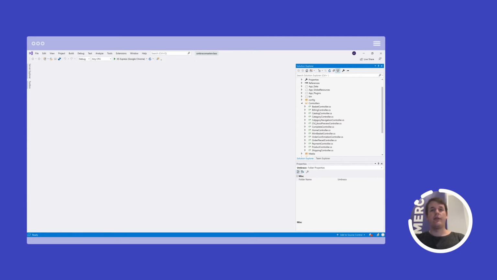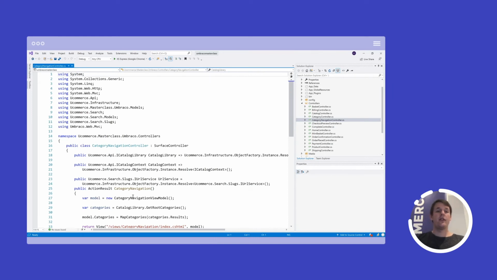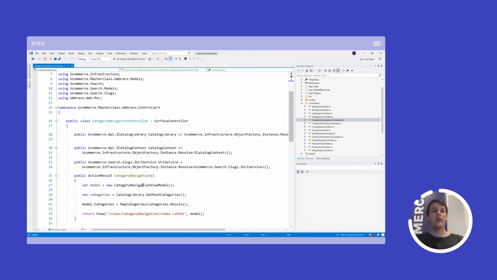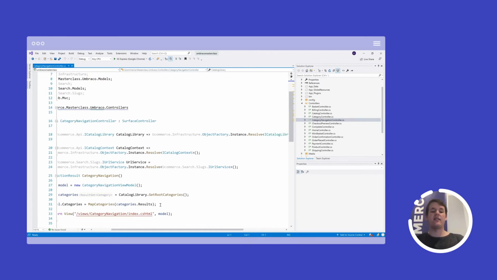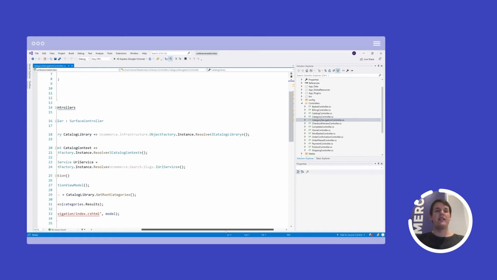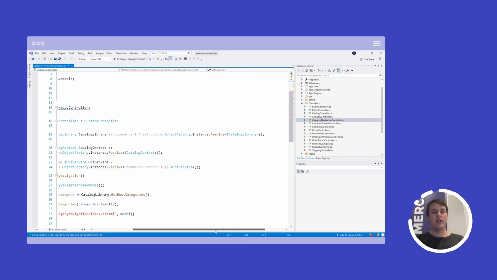Let's go, for example, to our category navigation controller. The category navigation controller is the first exercise we built up in this training course. And here we started to consume a bunch of interfaces in UCommerce from the IoC container. And basically what makes up a component is a service type that we are resolving. So that is the piece of business logic that we want to use. And that piece of business logic is then implemented by something. We don't know what. Usually it's just the out of the box ones. But if you define your own implementation, then you stick that into the IoC container, everything just works.